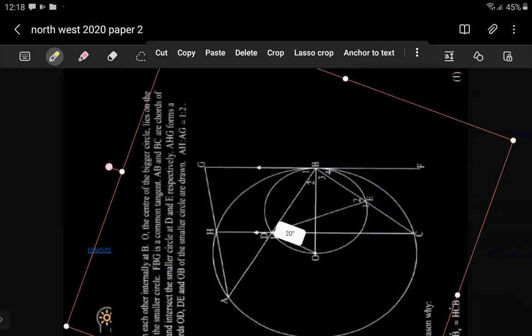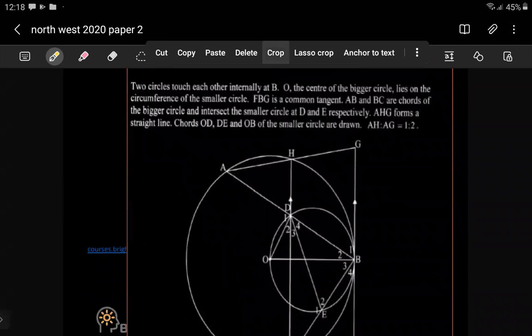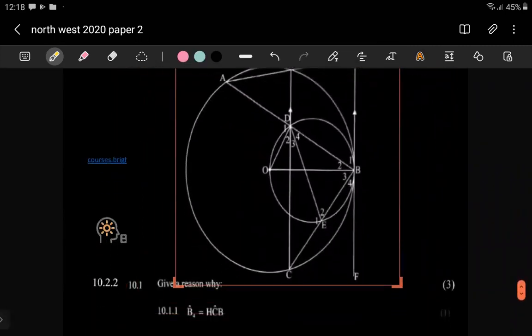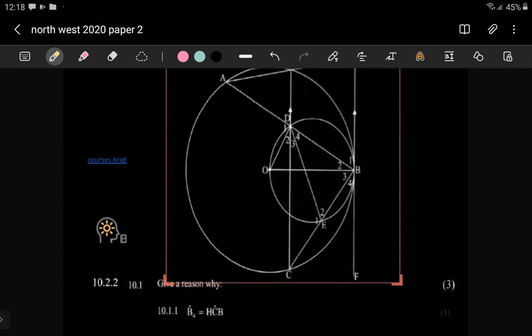Paste. Crop. And then we need to make it smaller, obviously. Otherwise,